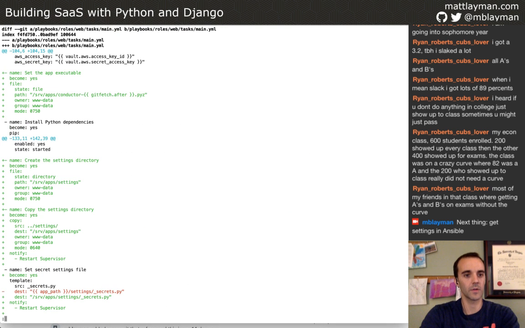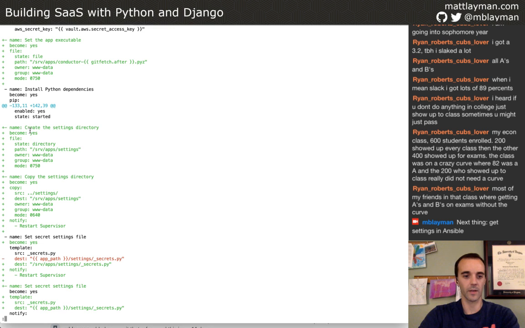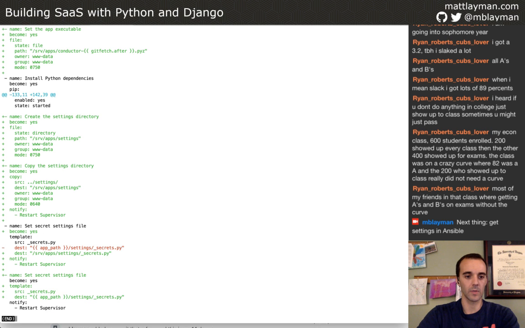So what does that give us? We set the app to be executable into its destination area, which is serve apps, then the name of it. We created the settings directory, and this makes sure that it exists every time and it's in the right mode. And we copied all the contents from the local settings that are on the clone into